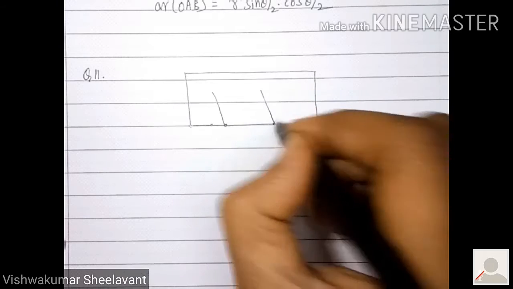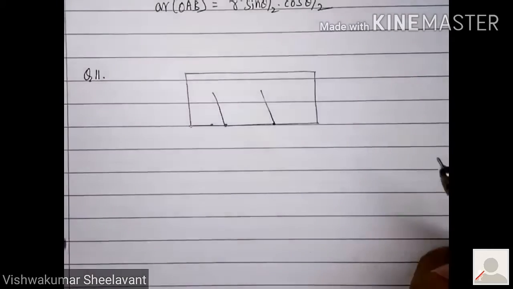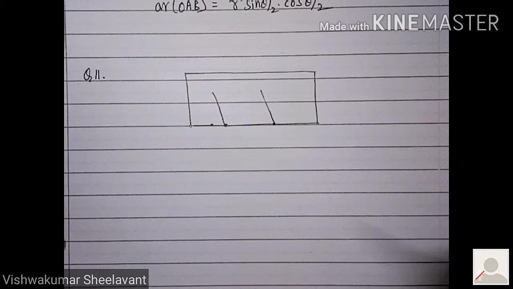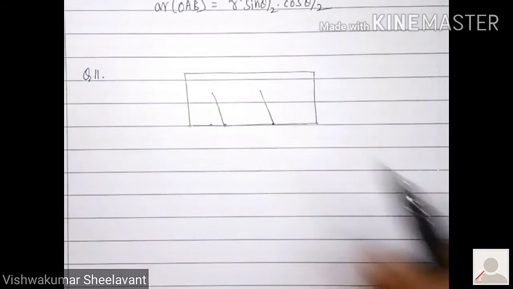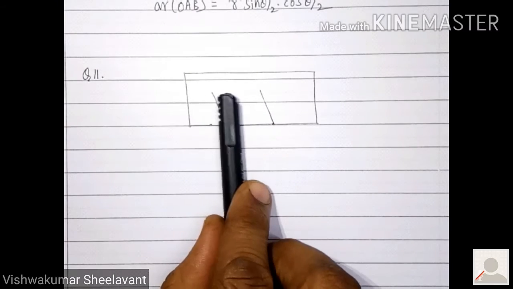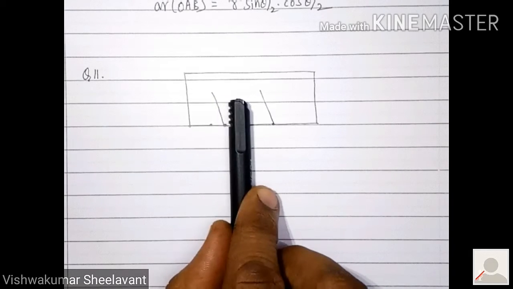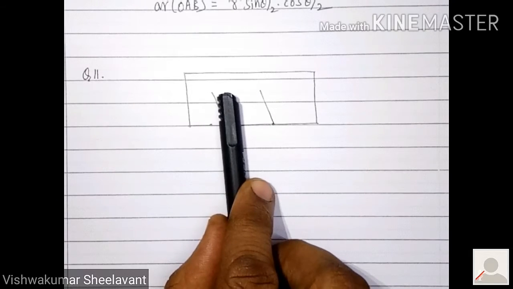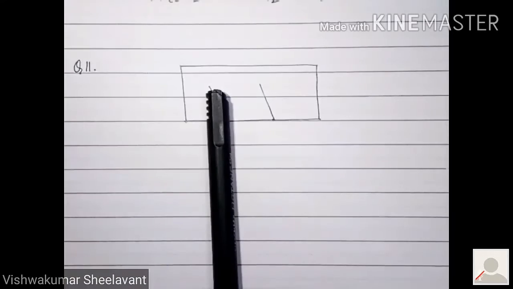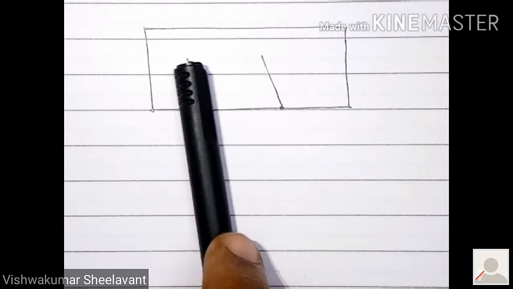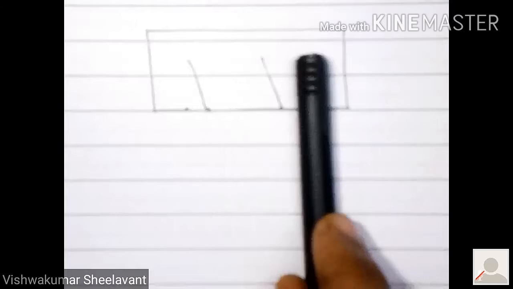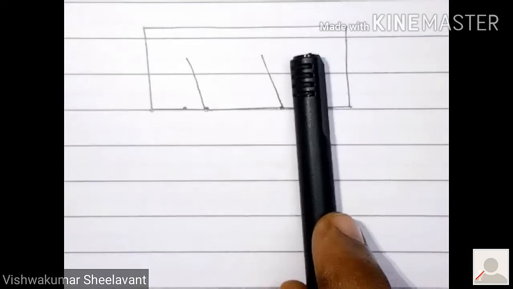You know, in rainy season, when it starts to rain, the wipers will be turned on and these blades will start to oscillate about their mean positions like this, and they will keep cleaning the glass. So both wipers will keep oscillating like this, left, right, and they will keep cleaning the glass.